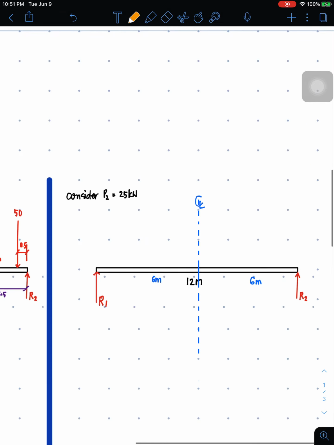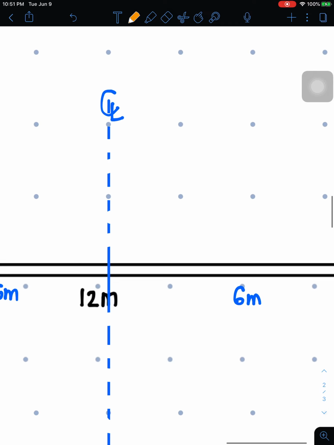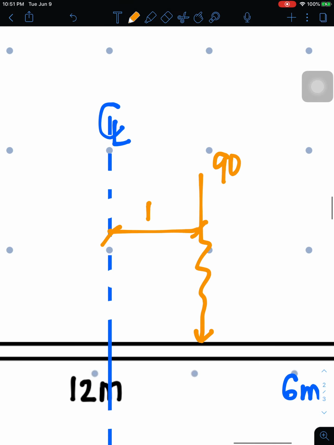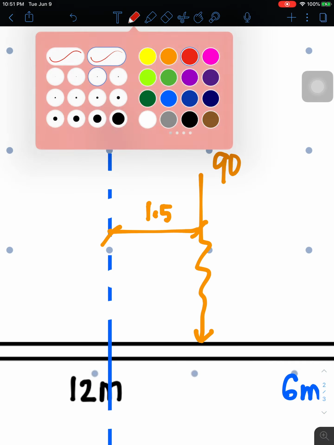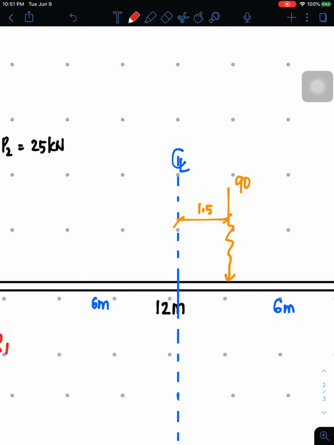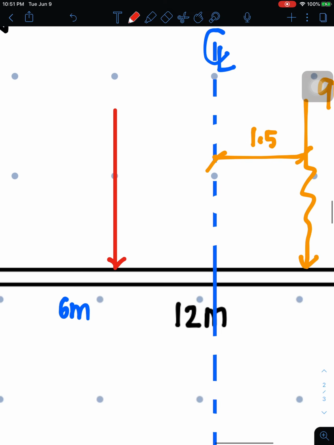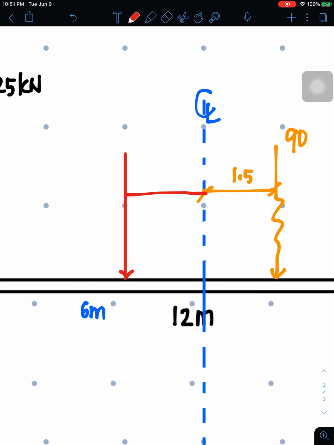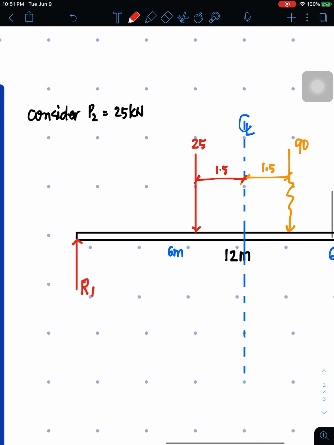So the resultant here, 1.5. So I'll just place here the 1.5. The 90 resultant. The distance here is 1/2 of 3. It's 1.5. Then also, I'll be placing the 25 here. And the distance is also the same, 1.5. This is 25 kilonewtons. So if this is 1.5 here and this is 6, we still have